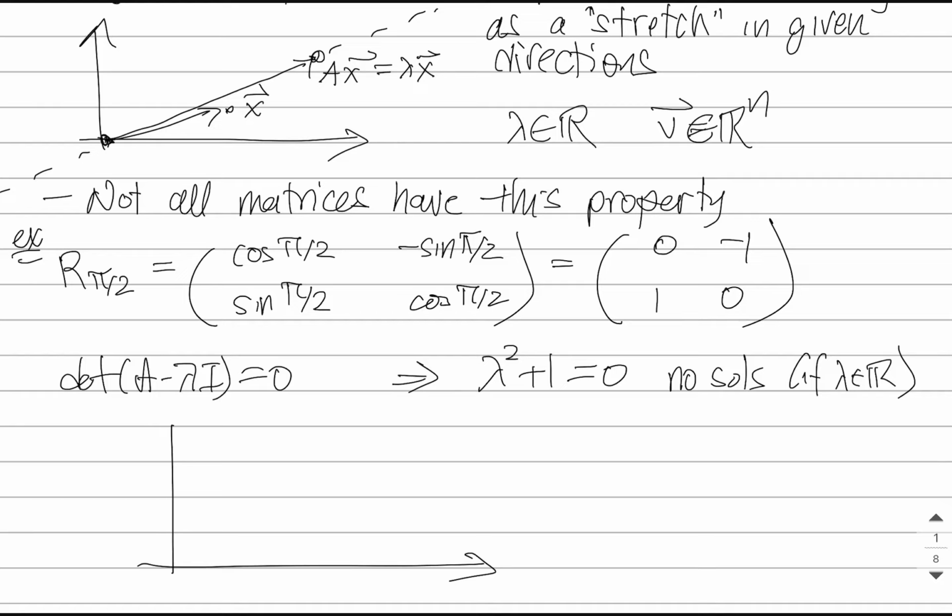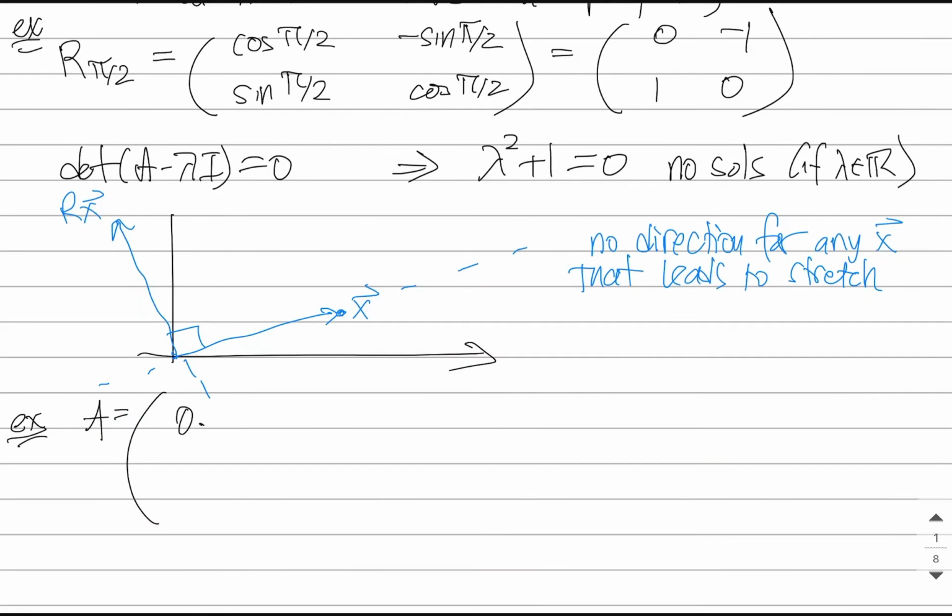Geometrically, we're saying, look, if I take a vector, this matrix is going to have a geometric effect of just rotating. There is no direction for which any vector will get stretched. So if I give you this vector now, this matrix now,